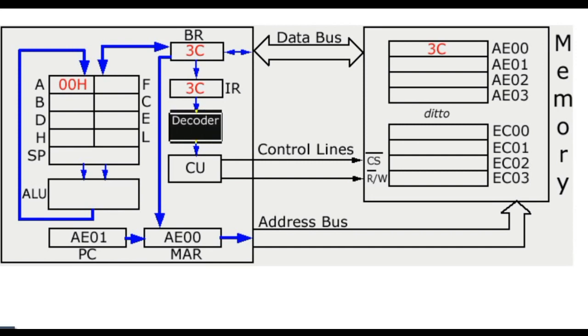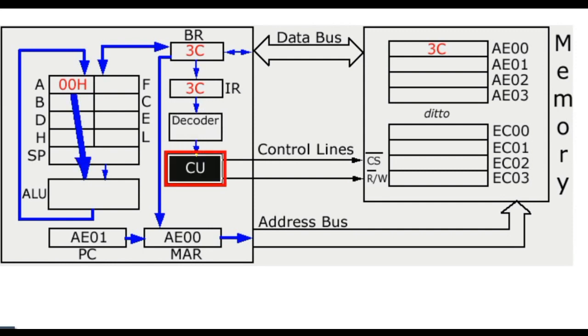We then enter the decode stage of the fetch, decode, execute cycle, and this is where the electronics works out what 3C actually means. Fed by information from the decoder, the control unit now takes over. It transfers the 00 to the arithmetic and logic unit and asks it to add 1 to it. The 1 is then transferred via the internal data bus and is placed in register A. And that's the execute part of the fetch, decode, execute cycle. And that shows